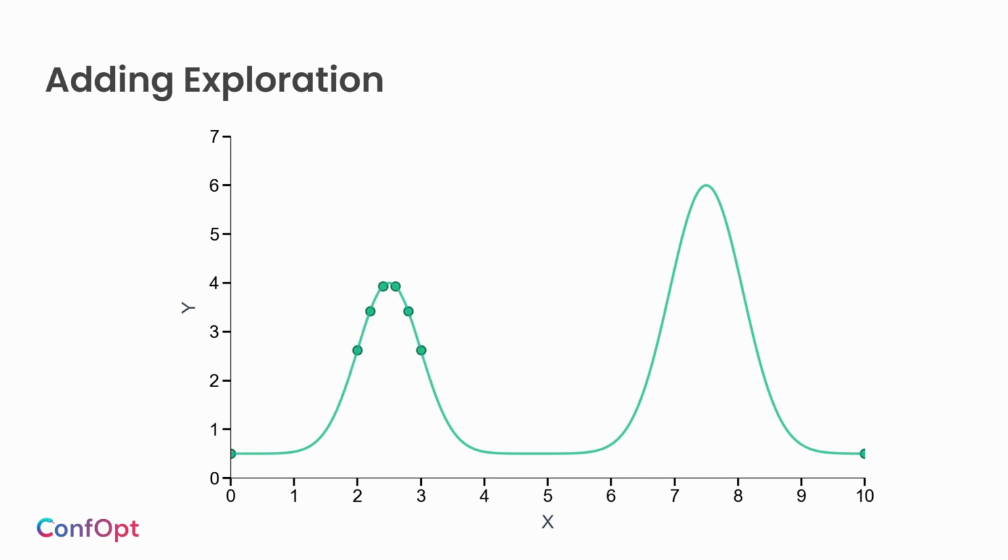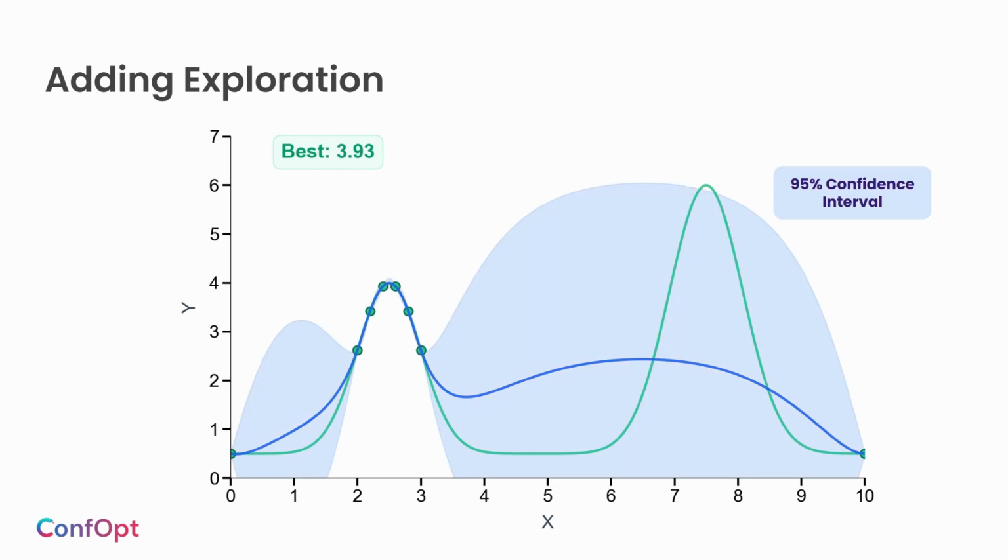And I'm just going to reset the graph here. So we have our 8 points, same objective function. I'm going to fit my GP estimator. But this time I'm going to introduce a little useful fact about Gaussian processes, which is that in addition to giving you a line of best fit, like most regressors, they can also give you a 95% confidence interval, or any percent confidence interval. And so it gives you these uncertainty bands at every x point that tell you not just the mean, not just the expectation, meaning the blue line, but also